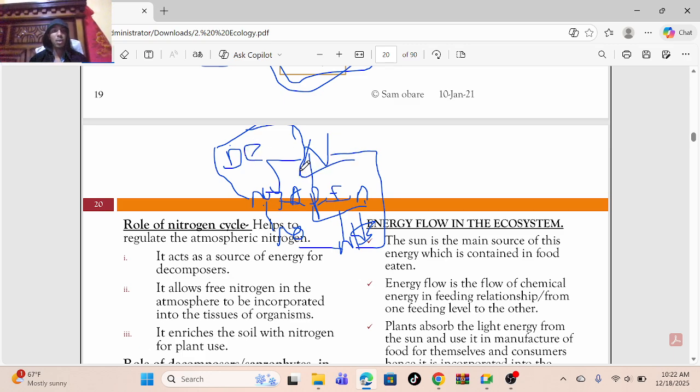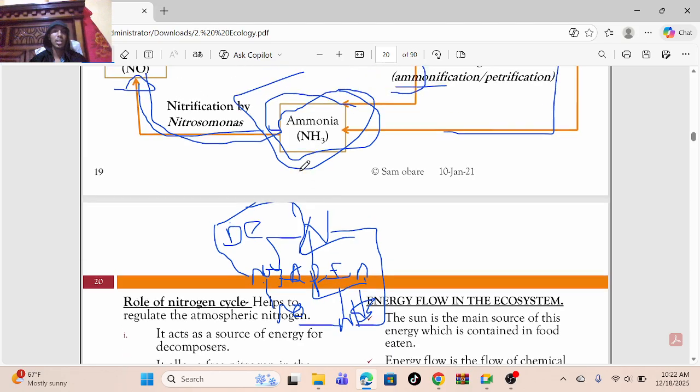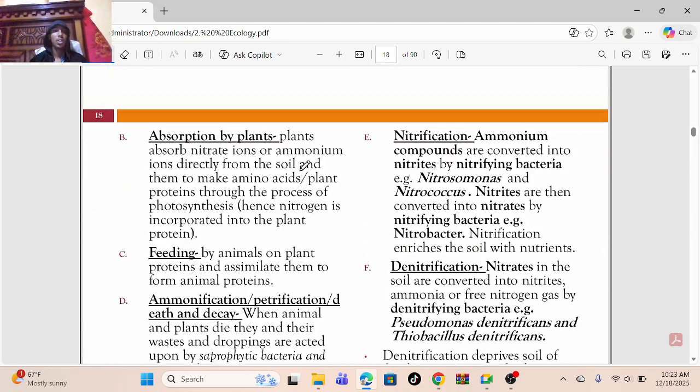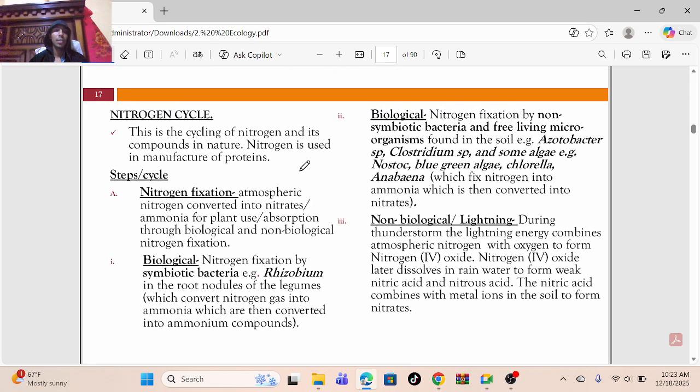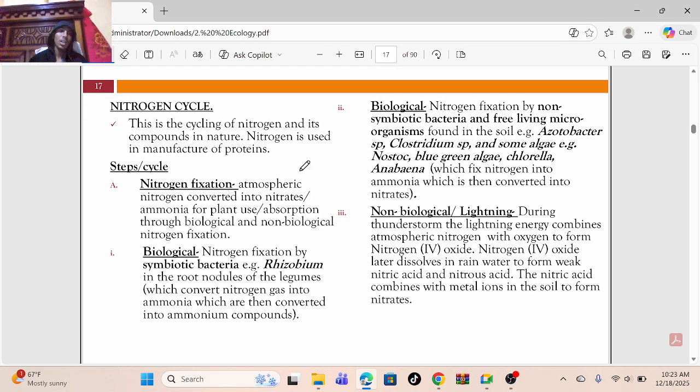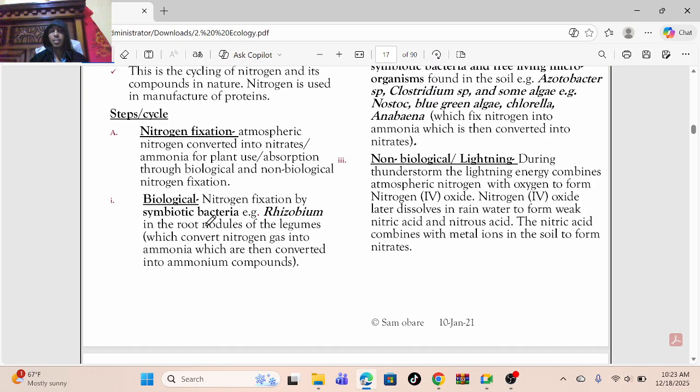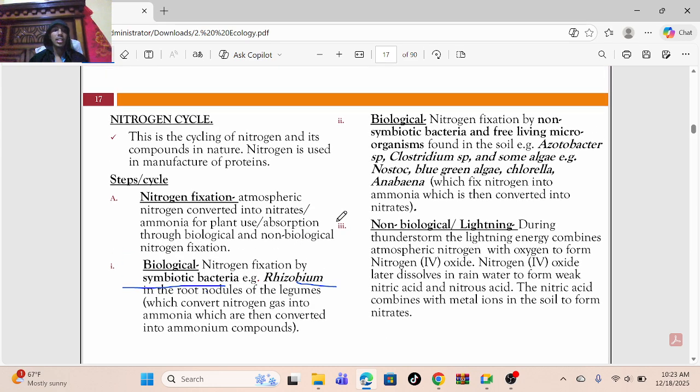So just know that kila moja inaenda wapi na ingine inakuwa aje. I think the process is okay. So acha kwanza nifanye hasa ile maswali, ile kitu iko muhimu sana hapa. So steps ni gani? Nitrogen fixation. So nitrogen inafixiwa, meaning that nitrogen is converted into nitrate or ammonia by biological or non-biological nitrogen fixation. Biological inamaanisha nini? Biological ni kama symbiotic bacteria, yani ile inafikisha kwa plant legumes, so they are in the root nodules of the legumes. That is biological.